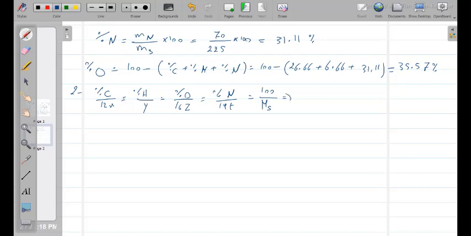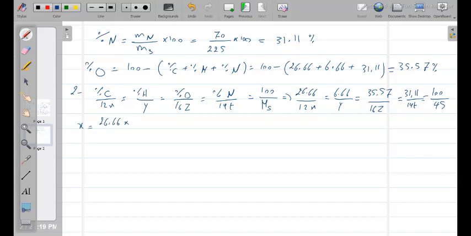Then percent carbon 26.66 over 12x equal percent hydrogen 6.66 over y equal percent oxygen 35.57 over 16Z equal percent nitrogen 31.11 over 14T equal 100 over molar mass 45. We take first ratio with the last ratio, then we can deduce x equal